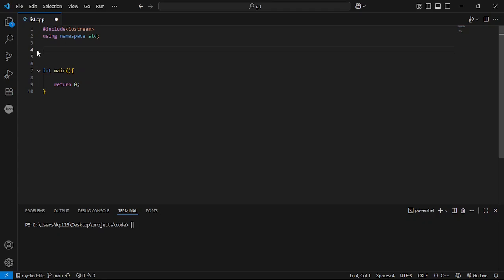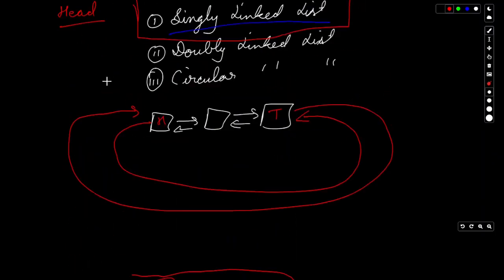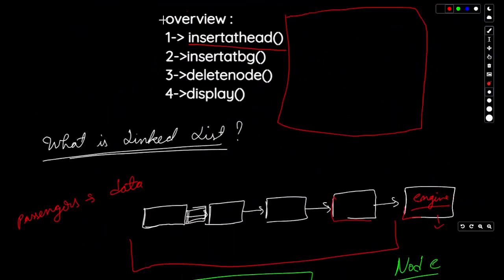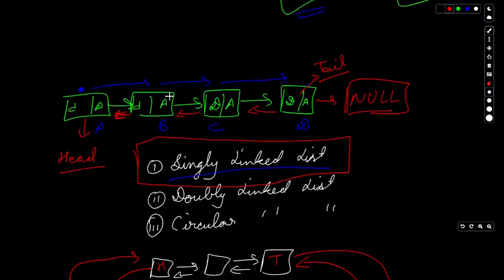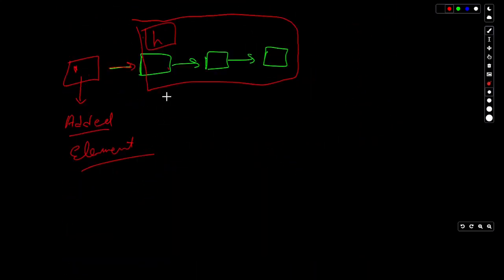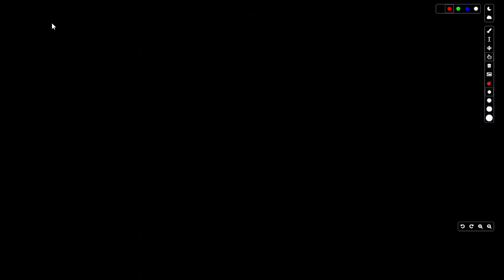So now guys, we are at the implementation part, and here I'll be telling you how to make a linked list: first of all, how to make a node, and then we will be implementing certain functions. We will have a few different functions like these, and we will be implementing them. So first of all, let's figure out how we will make a particular node. The very first thing that we will be implementing is how to make a node.